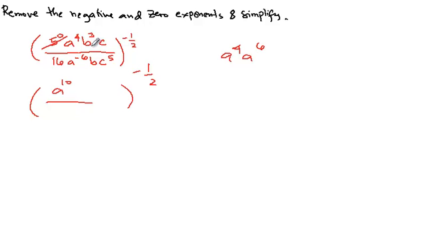About b. Well, we have b cubed. And this b here is b to the 1. Meaning if there is no exponent, the meaning is 1. So we'll have here b squared, right? Because that's b cubed times b to the negative 1.